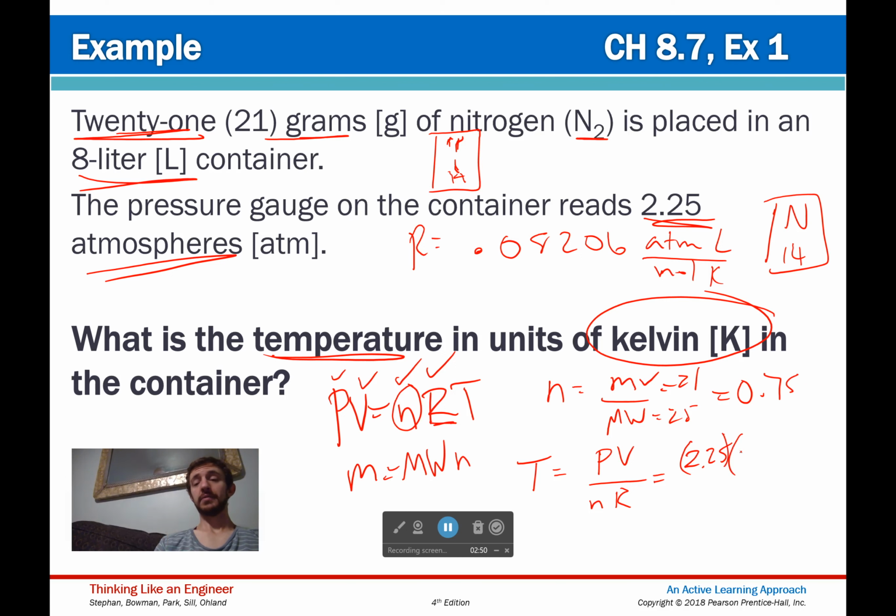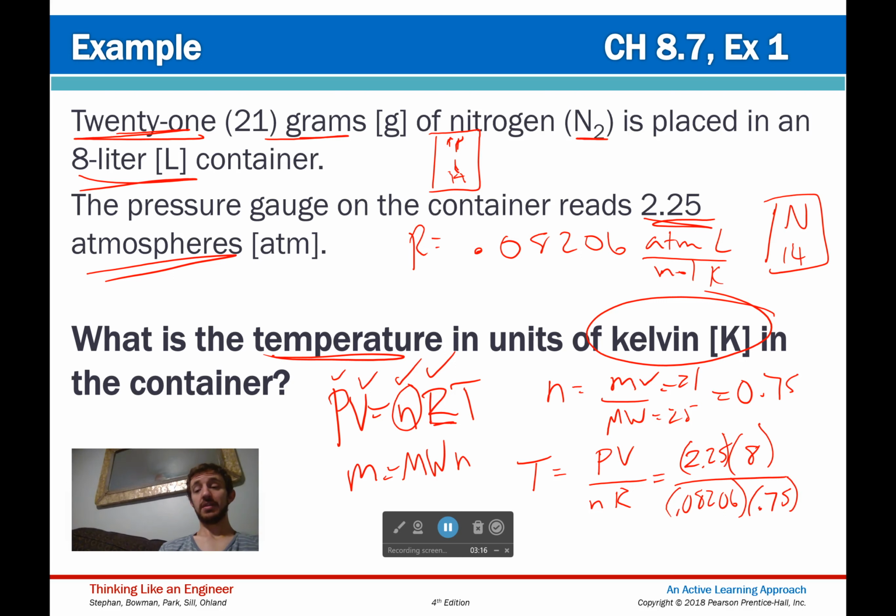You keep those units. I might dock points if you don't. 8 liters over 0.08206, and then finally times 0.75. If I plug it into my calculator, I should get somewhere around 290 Kelvin,